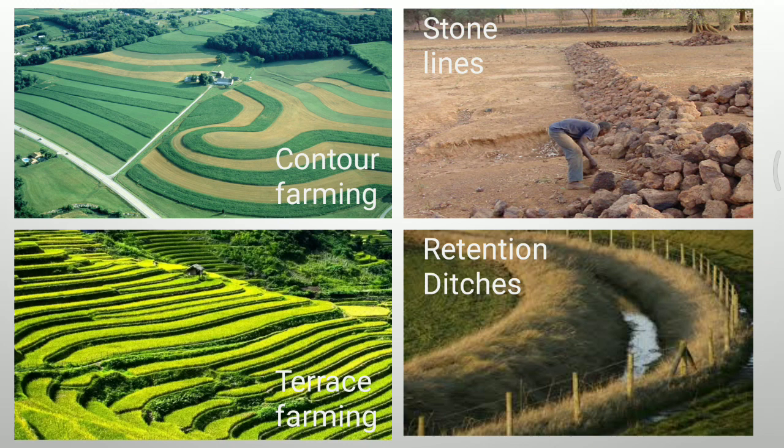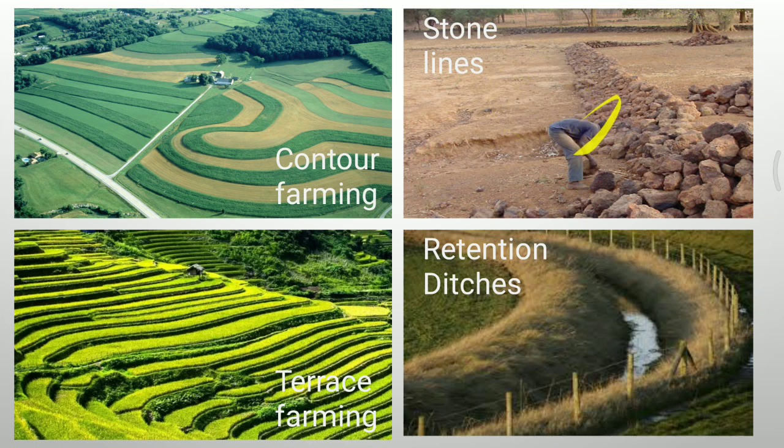So as you can see here, the first one is contour farming. There are contours and there is irrigation, so that there is less soil degradation and less soil erosion. This is contour farming. Next one is terrace farming. As you can see, step-like structures are built over here. So when we give the water over here, the excess water will go to the next plant below it, so that the water is not wasted.